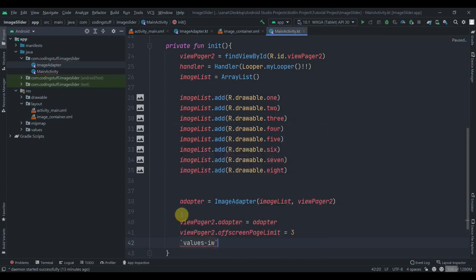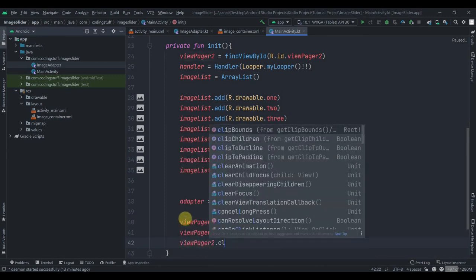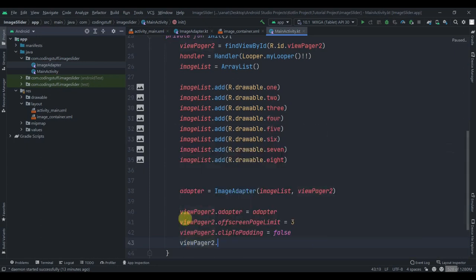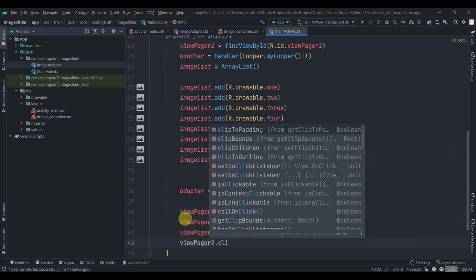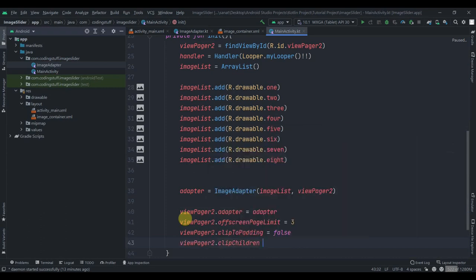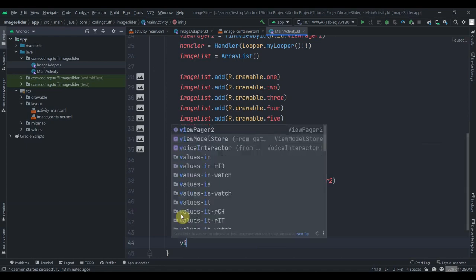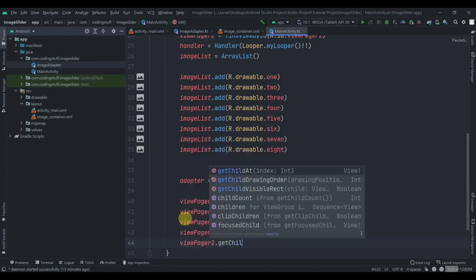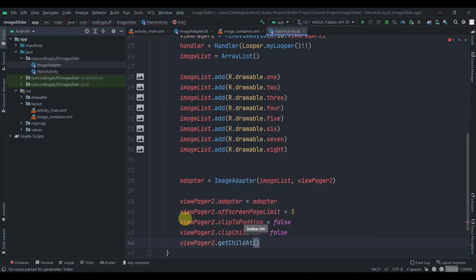Then viewPager2.clipToPadding, we'll make it false. viewPager2.clipToChildren, we'll make it false, clipChildren, and viewPager2.getChildAt index 0,